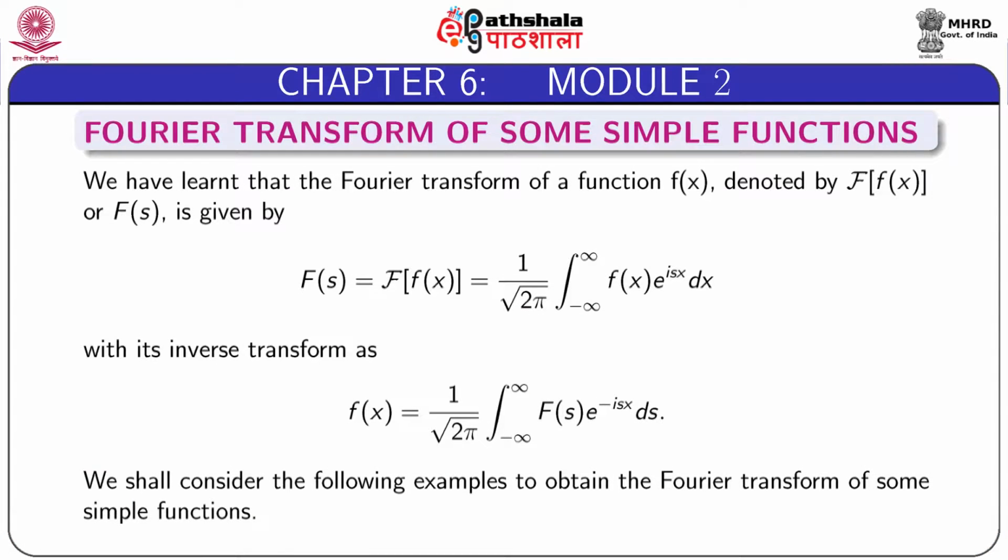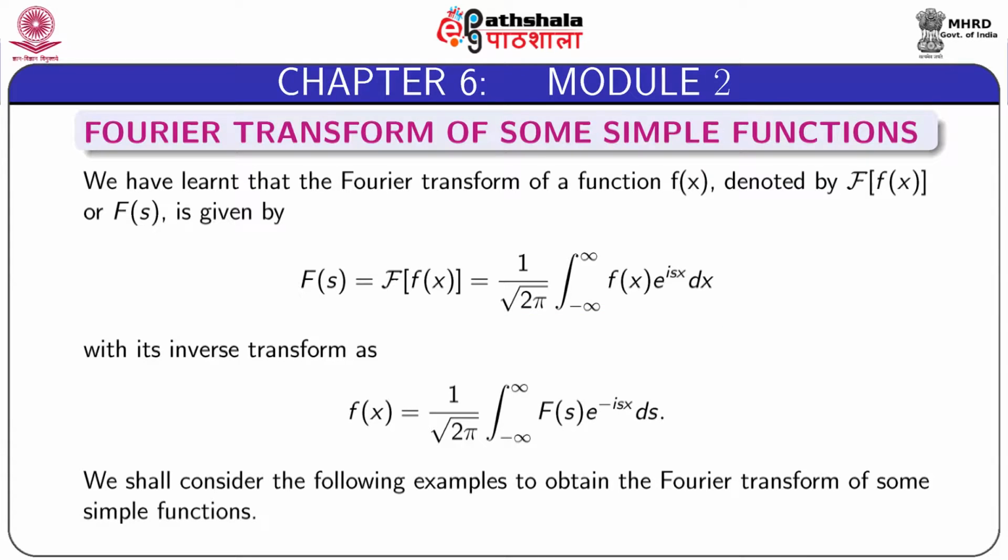We have learned that Fourier transform of a function small f(x), which is denoted by curl f of f(x) or capital F(s), is given by 1 by root 2 pi integral minus infinity to plus infinity small f(x) e to the power I s x dx,